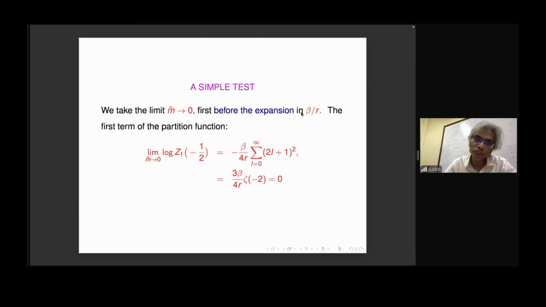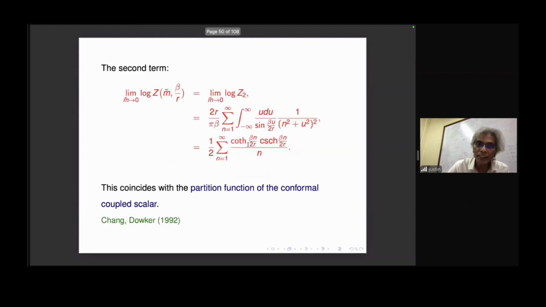One is, before you perform the expansion in beta by r, we take the massless limit, because that is something which is known. So if we take the massless limit, the first term, you recall there were 2 terms in the partition function, becomes 0, actually. If you do some regularization, it becomes 0. The second term